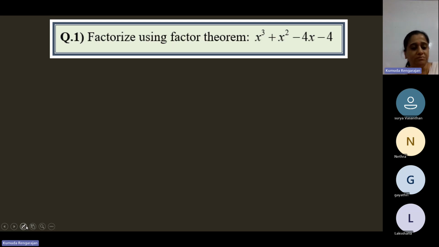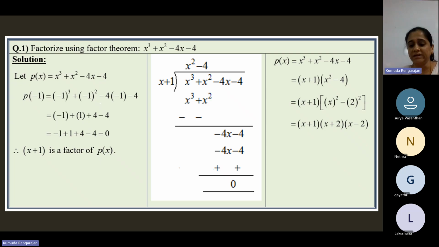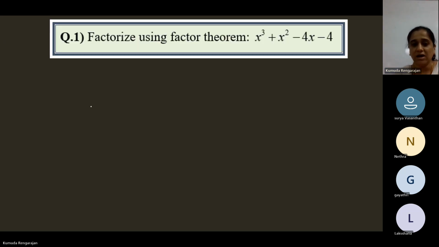So what you have to do is, you know that this one is a cubic polynomial. You'll have to find all the factors of this cubic polynomial. So what we're going to do is find one factor using the factor theorem. But before you use the factor theorem, you can also use synthetic division. So we'll just do that now. I'll explain the sum completely and then it will make sense to you. Until then, just listen patiently till the end. Let's start. We'll use synthetic division. Now, to use synthetic division,